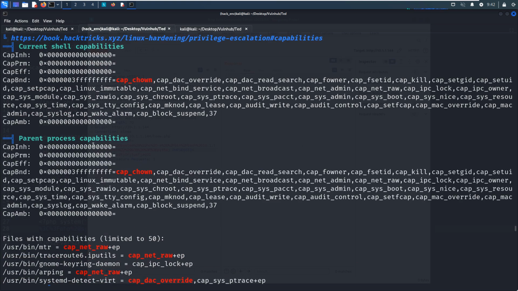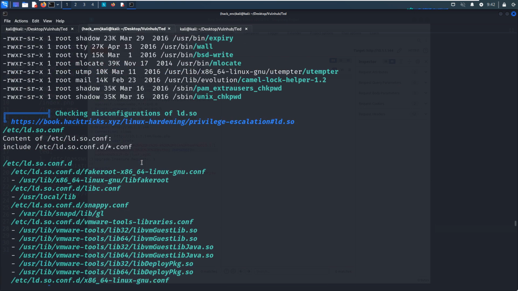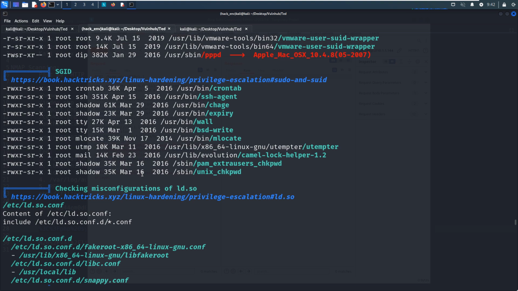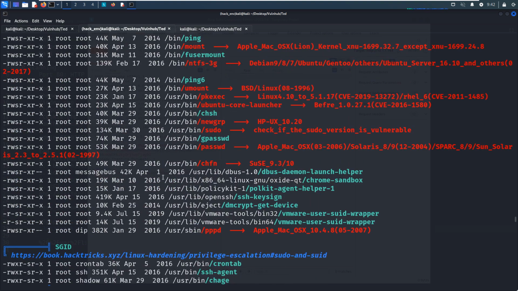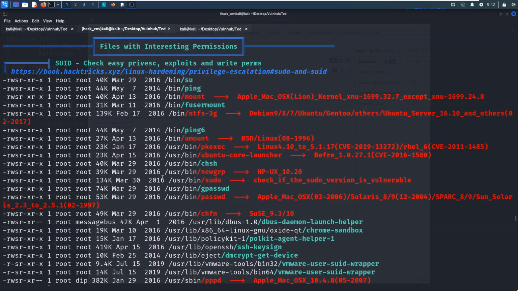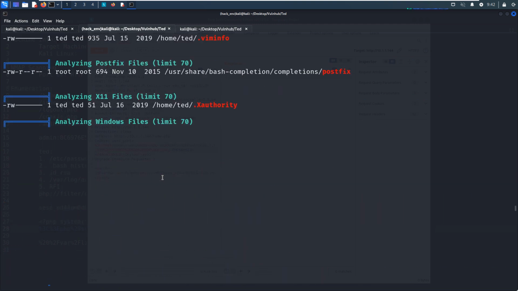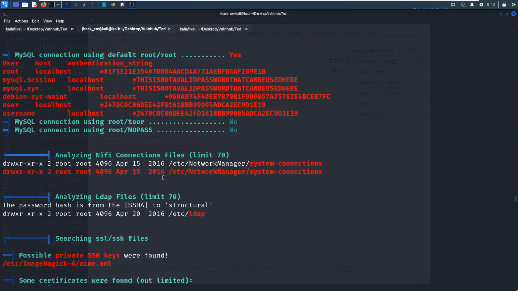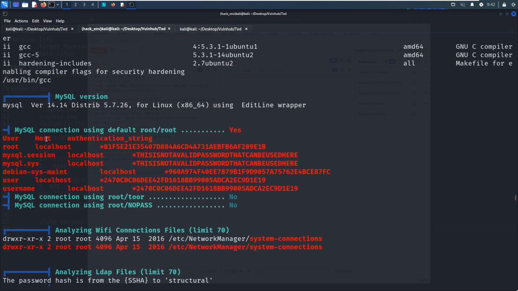The binaries with the capabilities information, but nothing we can exploit here. And also the binary with SUID bit. So the MySQL connection using default root. So I think we can connect to MySQL. All right, maybe afterwards we can try to do that.